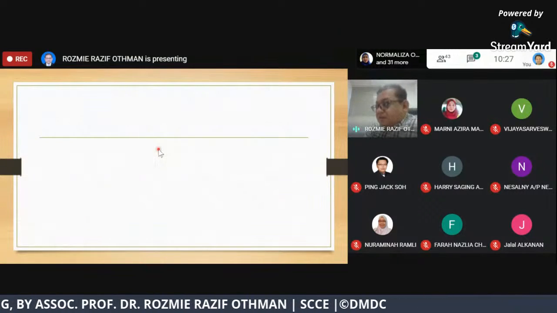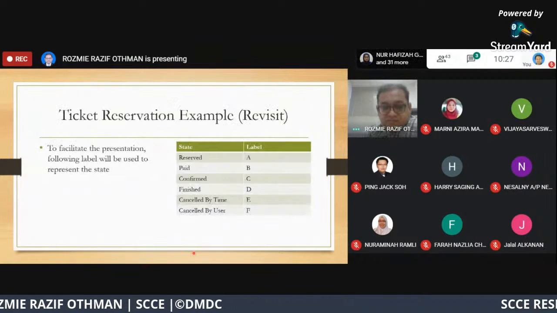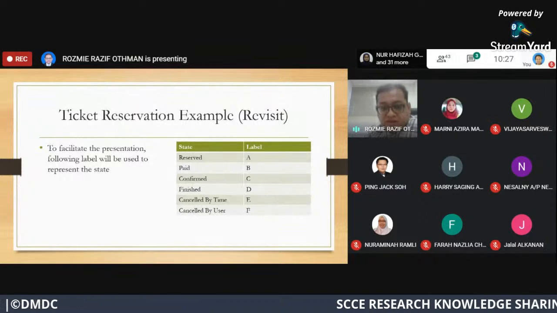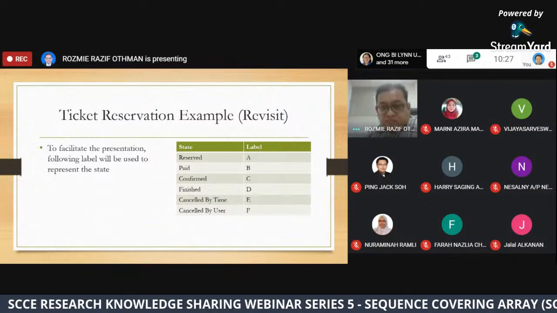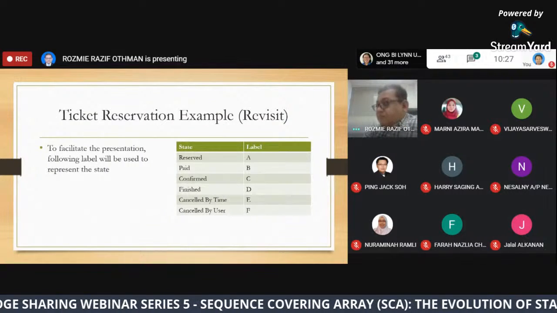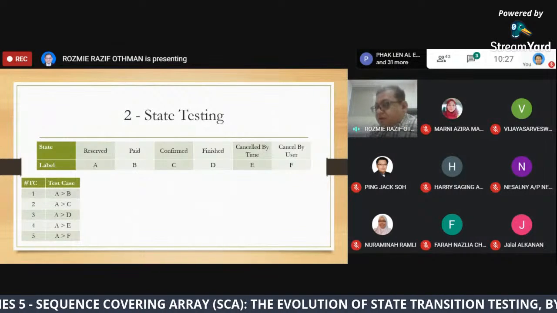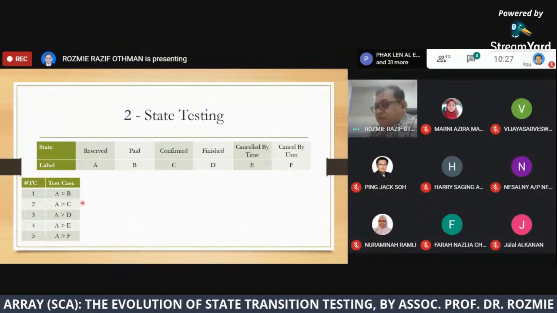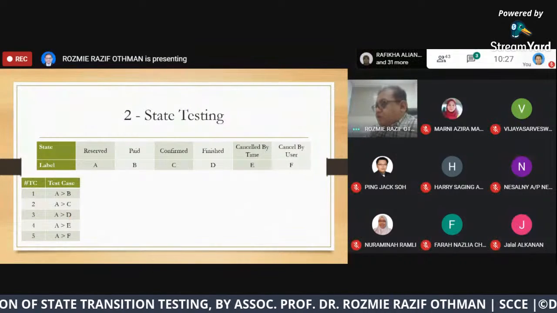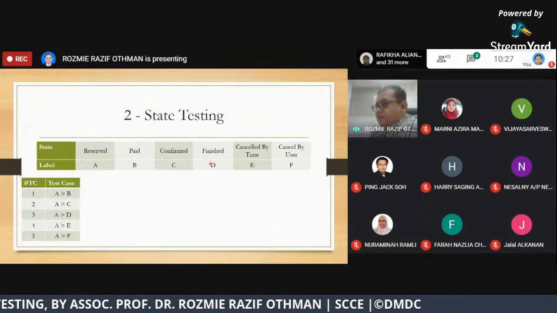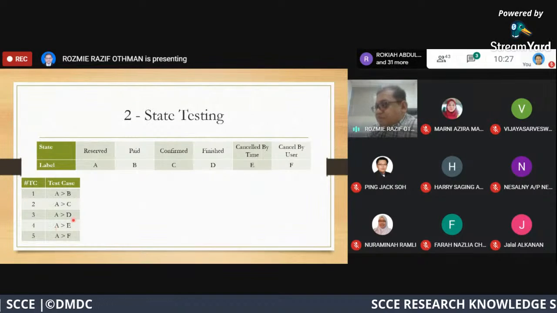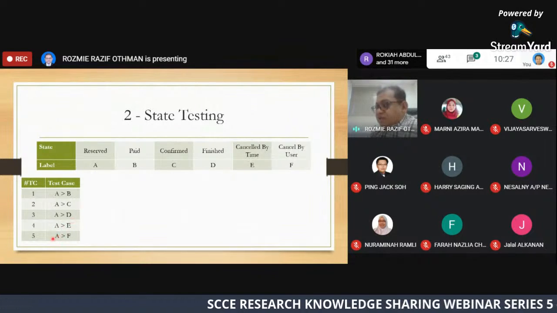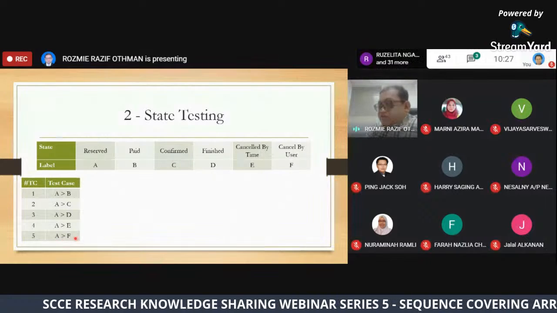We can refer to the state transition slide just now. We can have A to D testing, from reserved go to finished. This is an invalid test. From reserved go to cancel by timer, and from reserved go to cancel by user F.